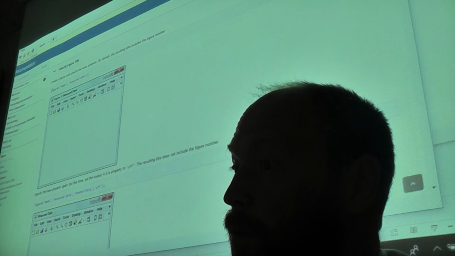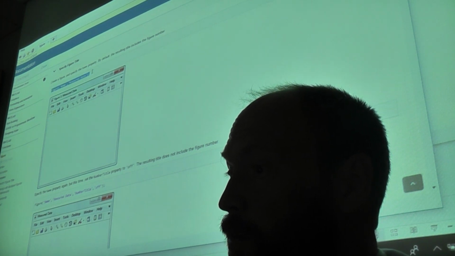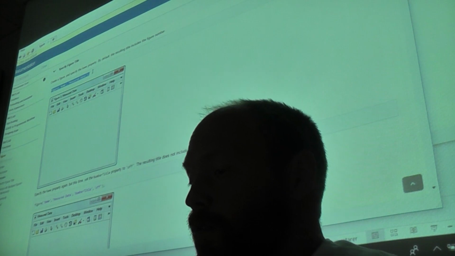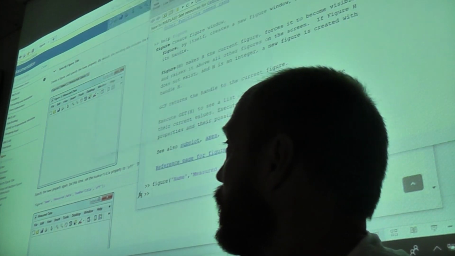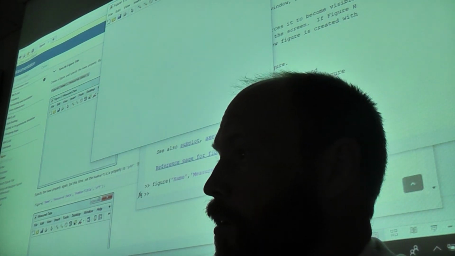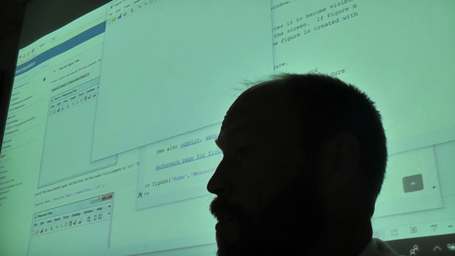So the first example is how to create a figure and specify a name. Then you can just copy this into the command window, and see what happens.